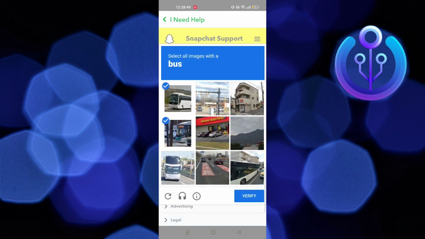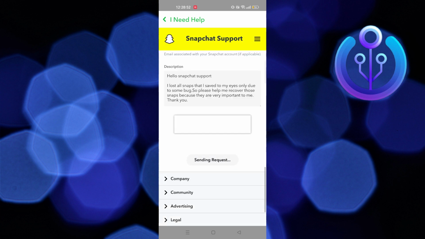Then you need to verify by following the given instructions. Your request has been sent to Snapchat. Their team will